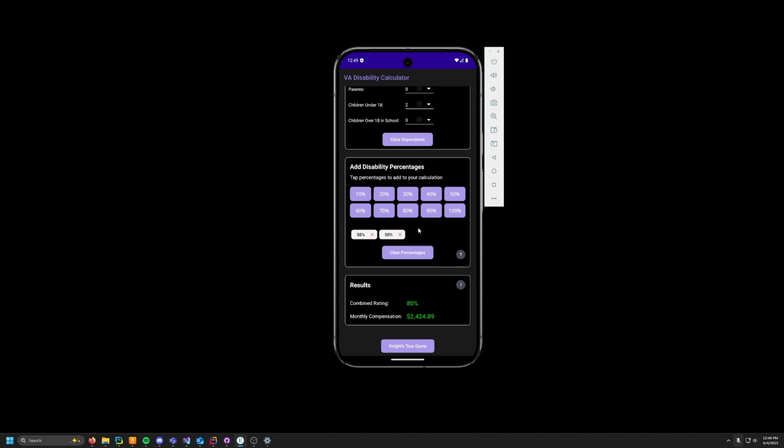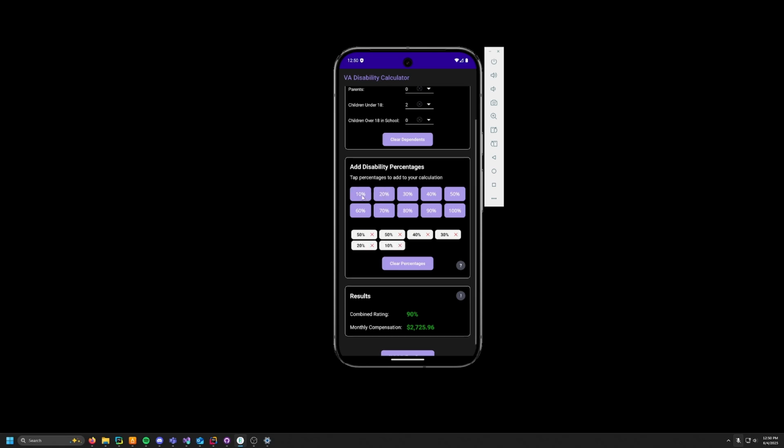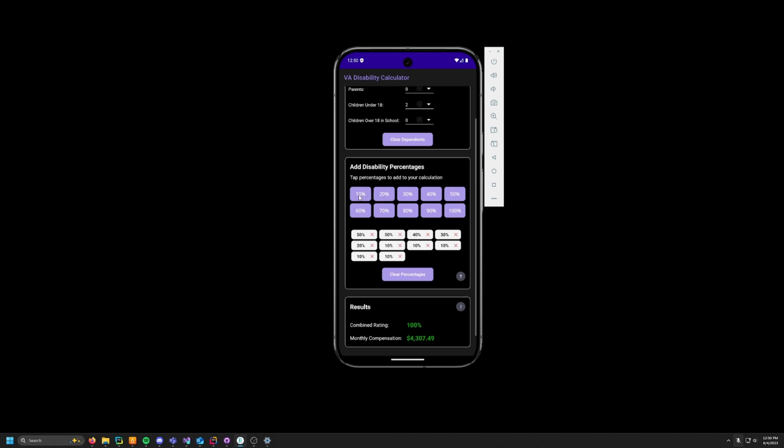So 50 plus 50 is a 75% rating with the VA, which rounds up to 80%, if that makes sense. If it doesn't, I'm sorry, talk to the VA. But that's how it works, unfortunately. So 50 plus 50 for the VA is not 100. 50 plus 50 is 75. You can see that it takes a little while to actually get to 100% because of the way the VA